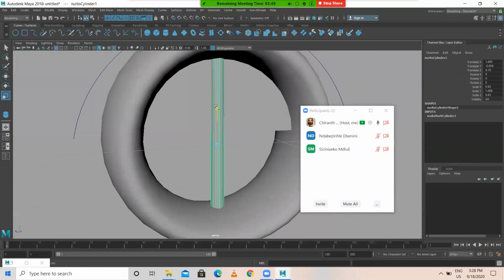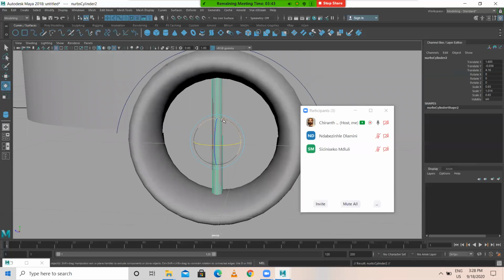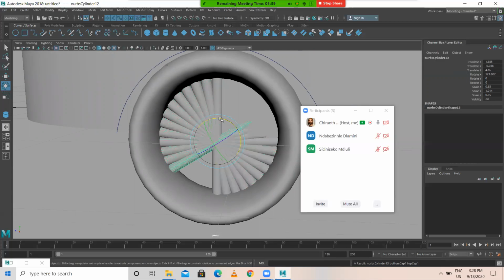I'm just creating one simple cylinder and I'm placing it over here like this. And I duplicate this, Shift D, like this.